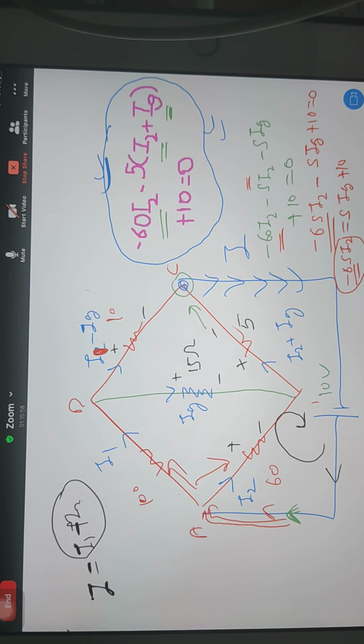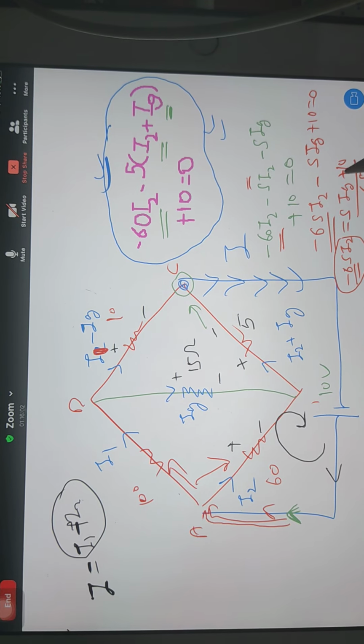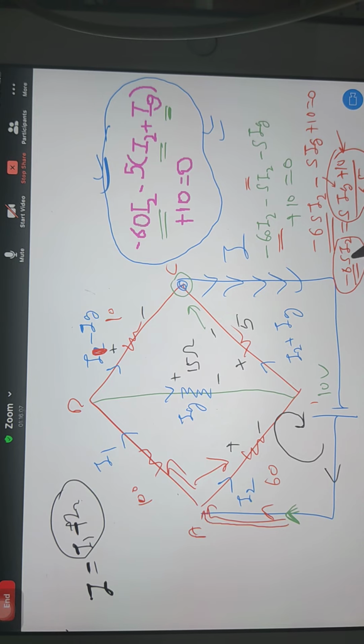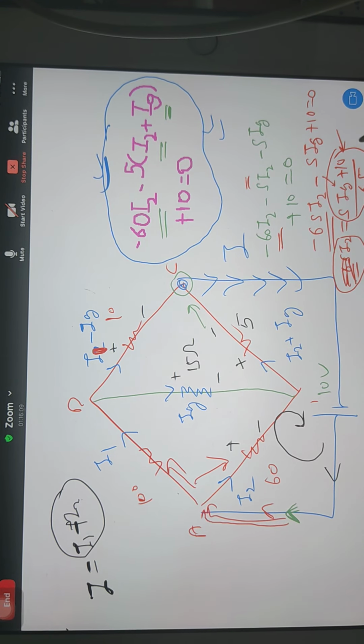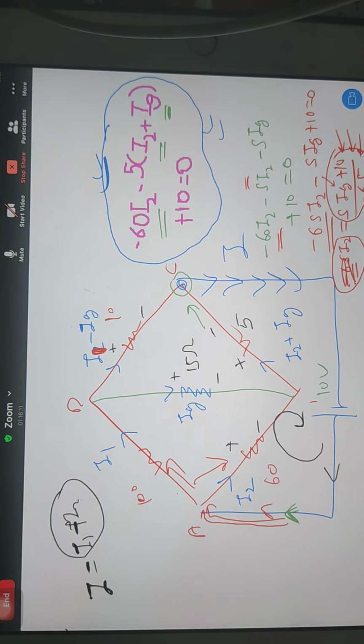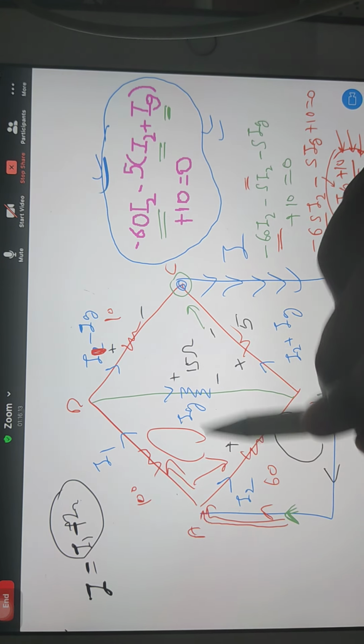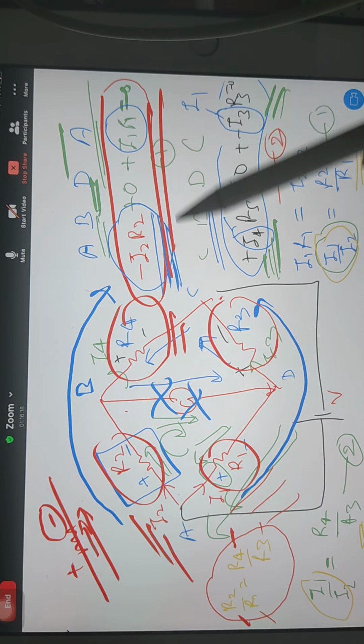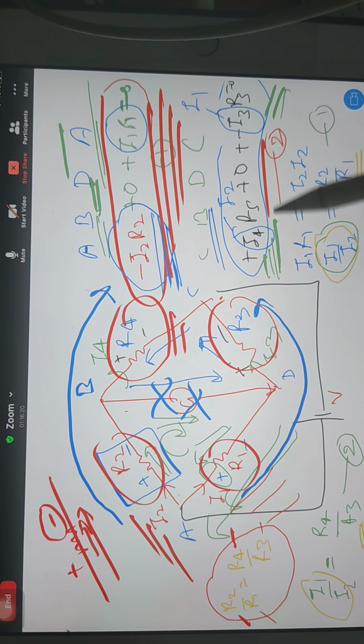and then you divide by this minus 65, so it will be minus 65. So you get your pure I2 value in terms of Ig. Now there is no more 65 here, then this complete value you will substitute here in your first equation. What we got here, this equation, and then this equation we got in second form.